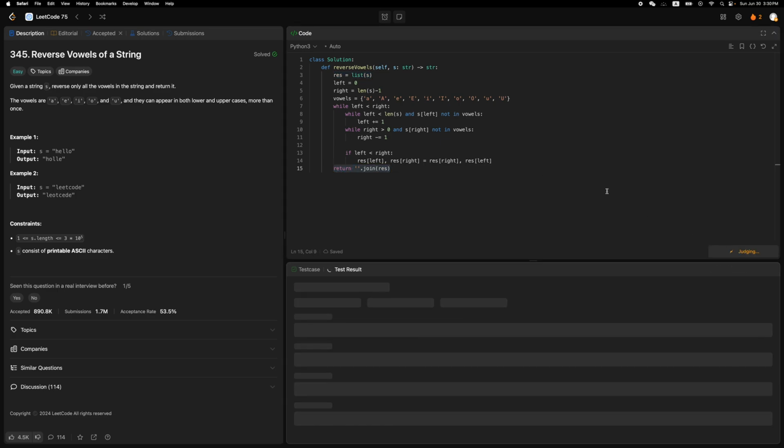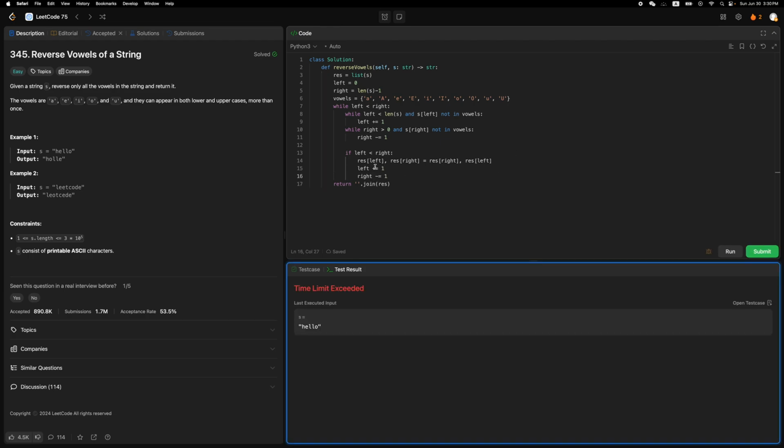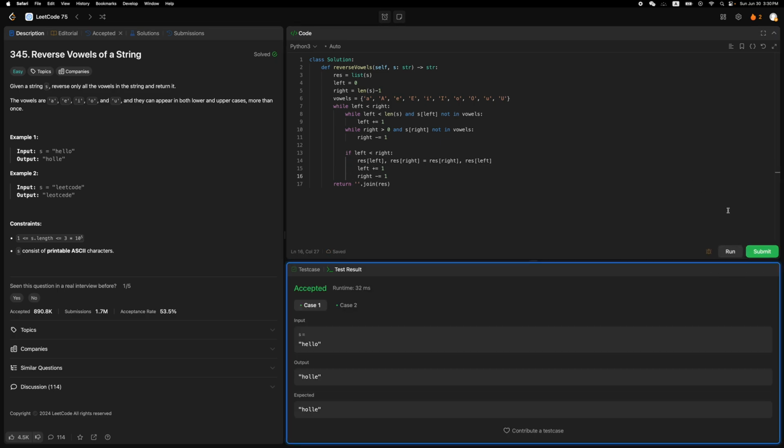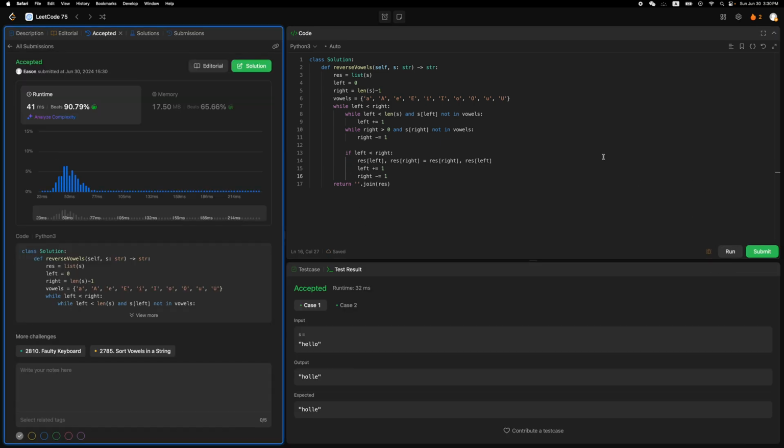So let's see whether it's correct or not. Oh, it's wrong. Why? Because when we swap, we need to increment the left and decrement the right. Otherwise, it's a time limit exceeded. Let's run it. Yes, that's